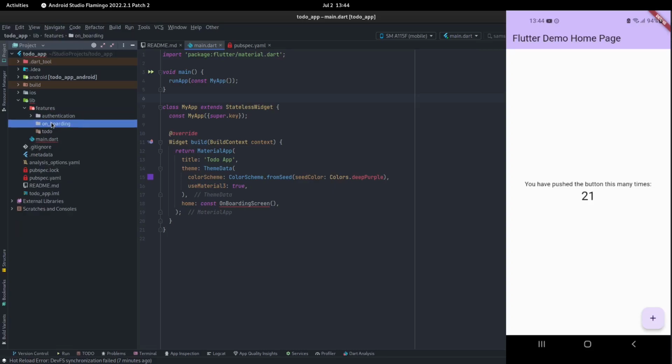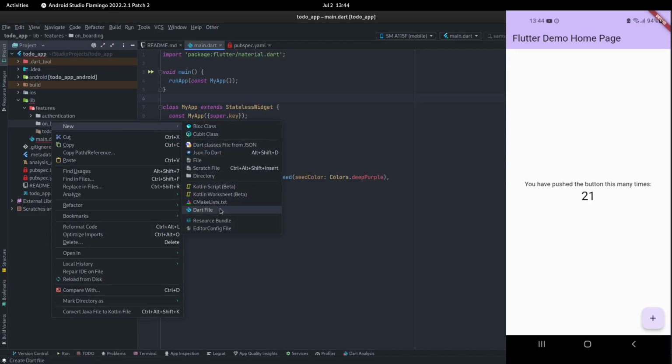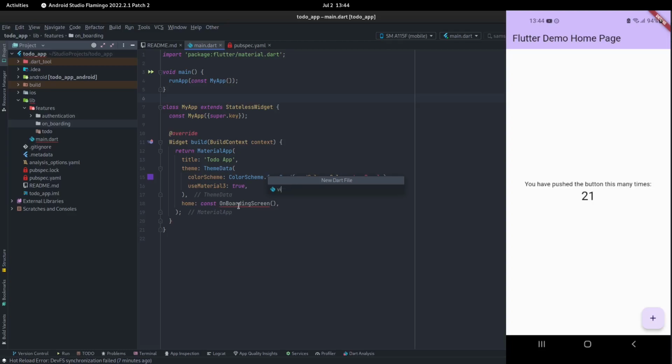So now that we know that, since we have our little authentication, we're not going to be doing authentication yet, and we're going to start with our onboarding. Right, so I'm going to create a new Dart file here. That will be in our views, right? So in our views, we will have an onboarding screen,